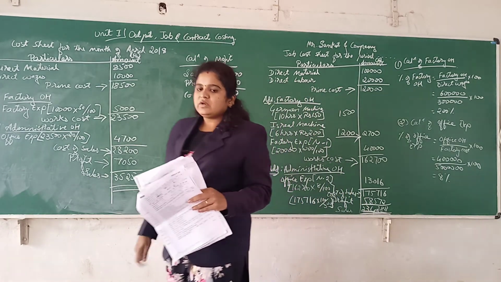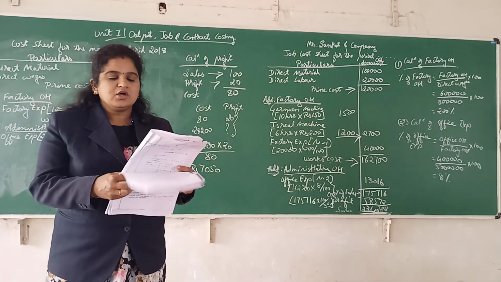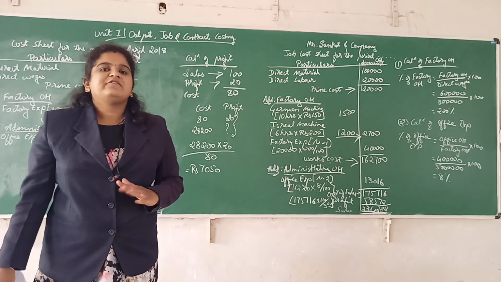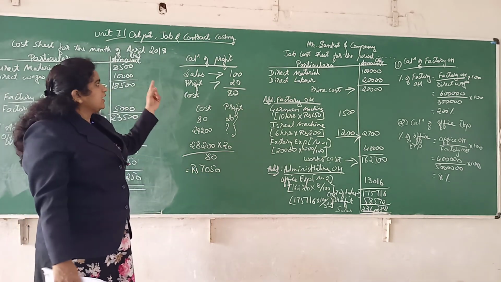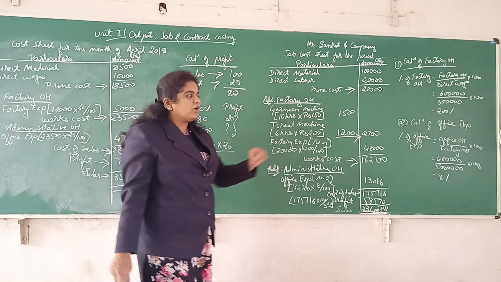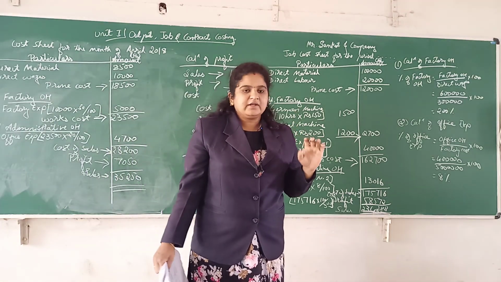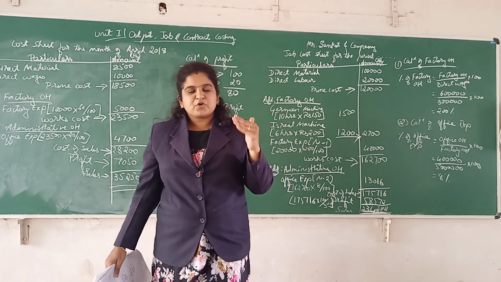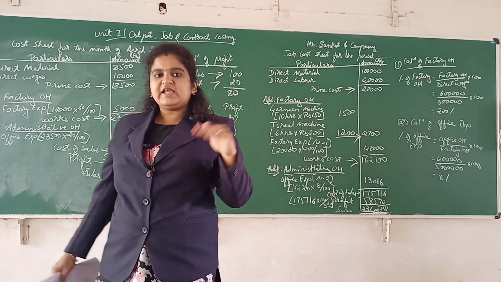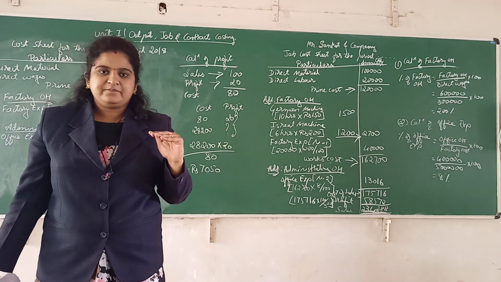So till now only one problem was asked on job costing, that is for 5 marks. In my next video, we will be learning about contract costing, and in contract costing, we will be learning only 15 marks problems, because 5 marks problems will be covered in 15 marks problems itself. Okay.